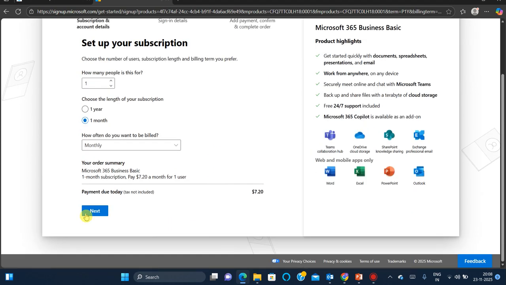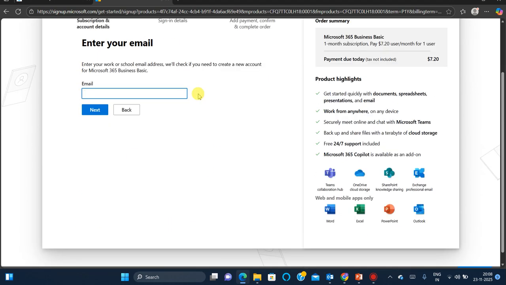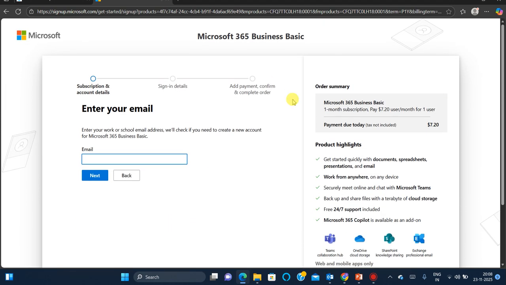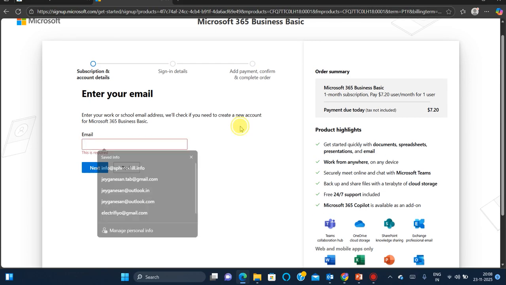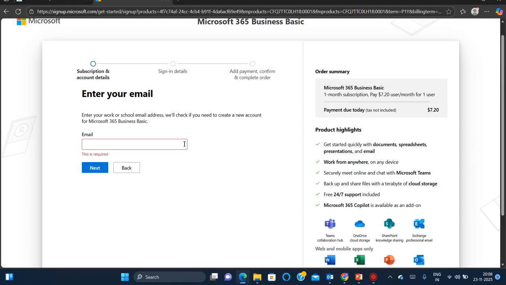So this is what we are going to continue with. Here we are going to see what is your email. Here you will provide the email you require to be configured. So you can mention your email ID here. So I'm going to choose